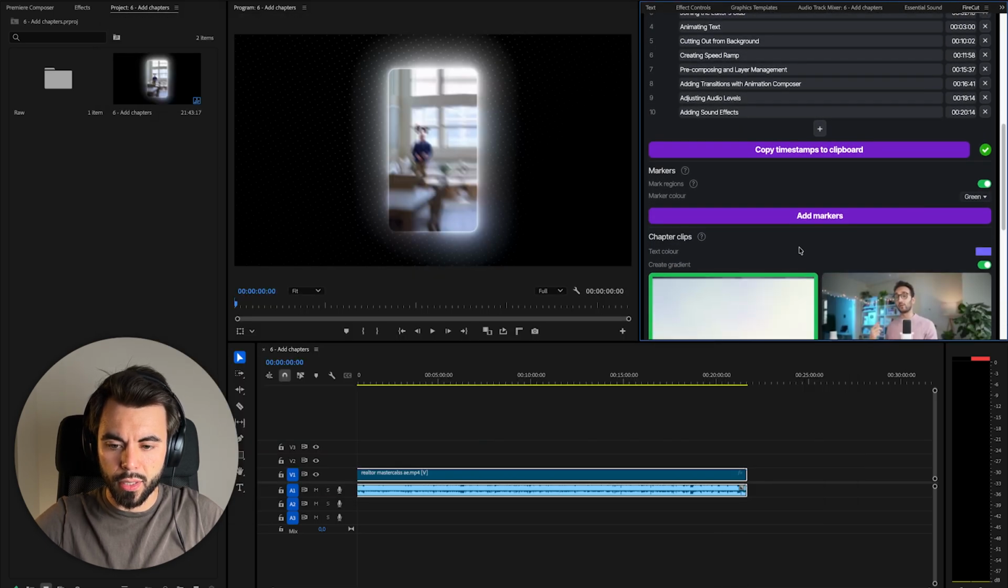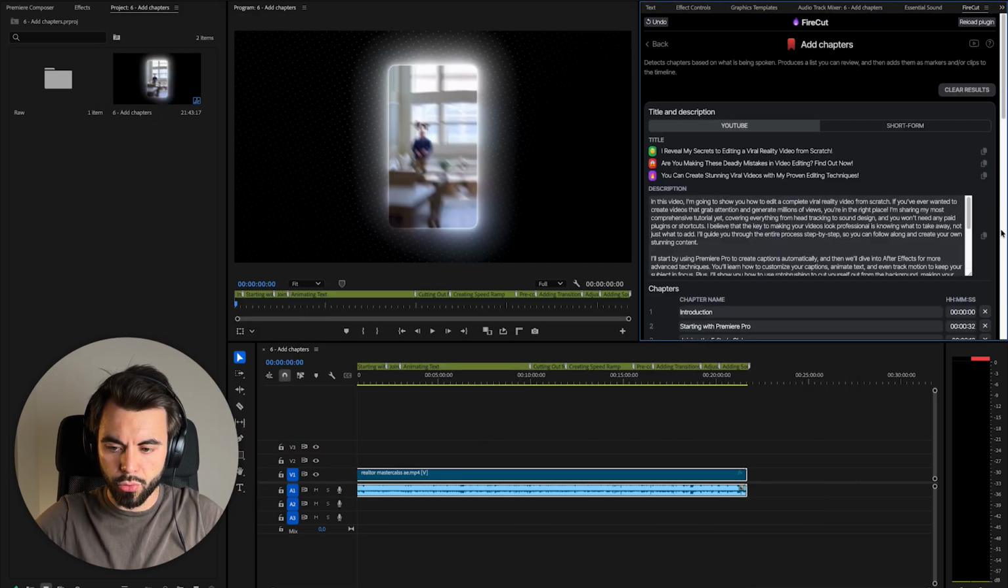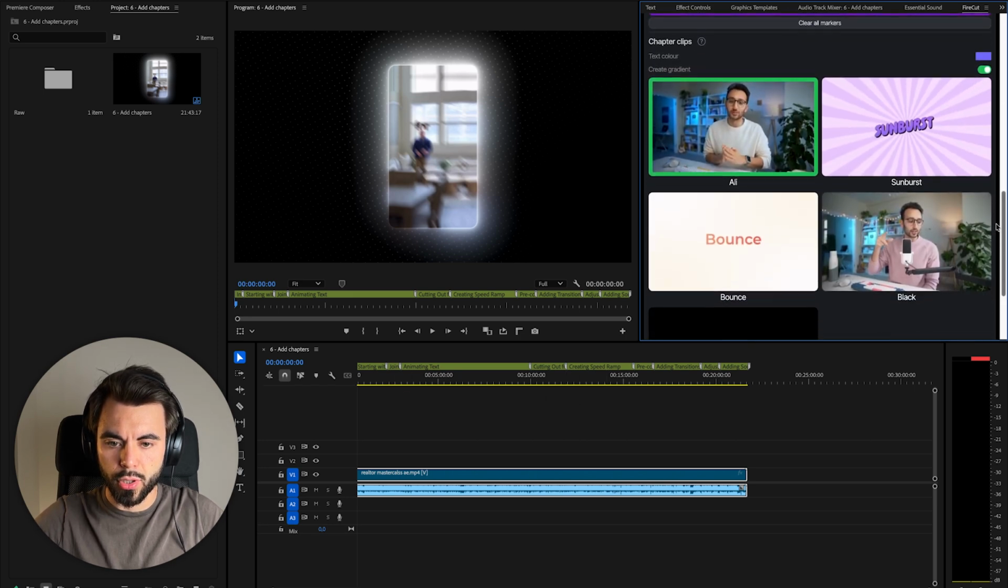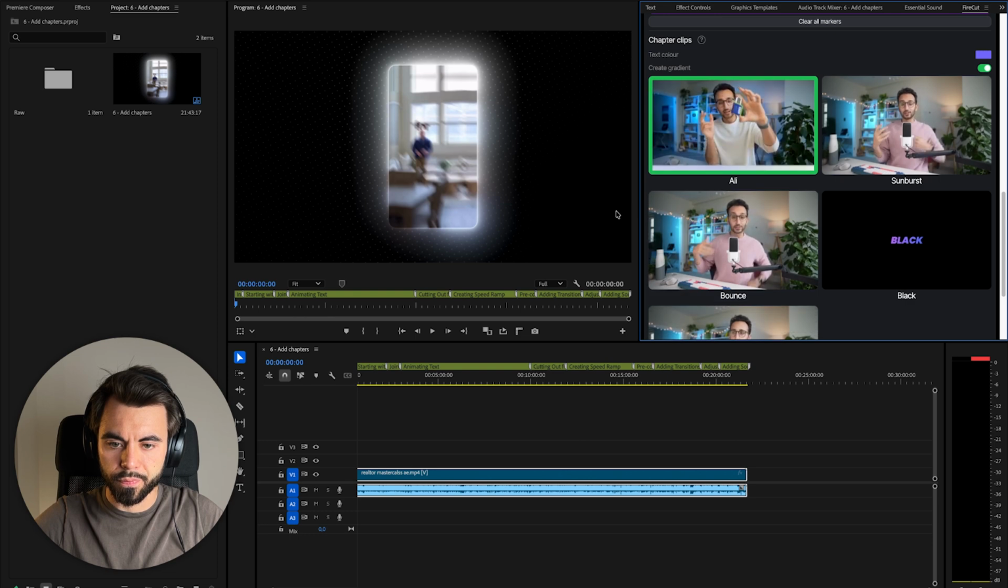Scroll even further, we can add markers. It's going to show us here at the top in green the chapters so that it's easier for us to identify. And if we go into the chapter clips by scrolling down a little bit further, we're able to add